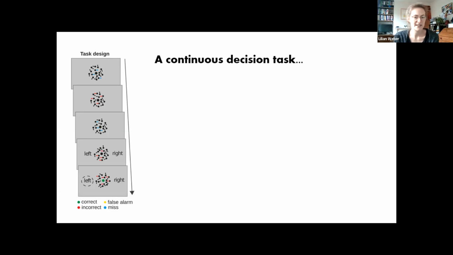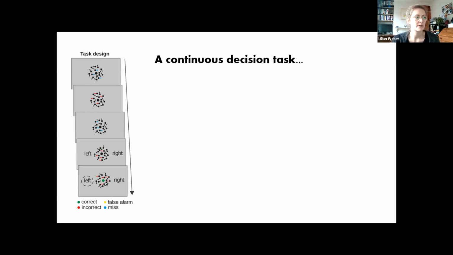And usually this is presented in trials. So there's a trial onset, you get the stimulus, and then it has probably a constant coherence, so a constant proportion of dots moving to the right and to the left. And you have a certain time to give your response, whether you think it's more to the left or more to the right. Now, this novel task is continuous in that participants are presented with this display of dots for